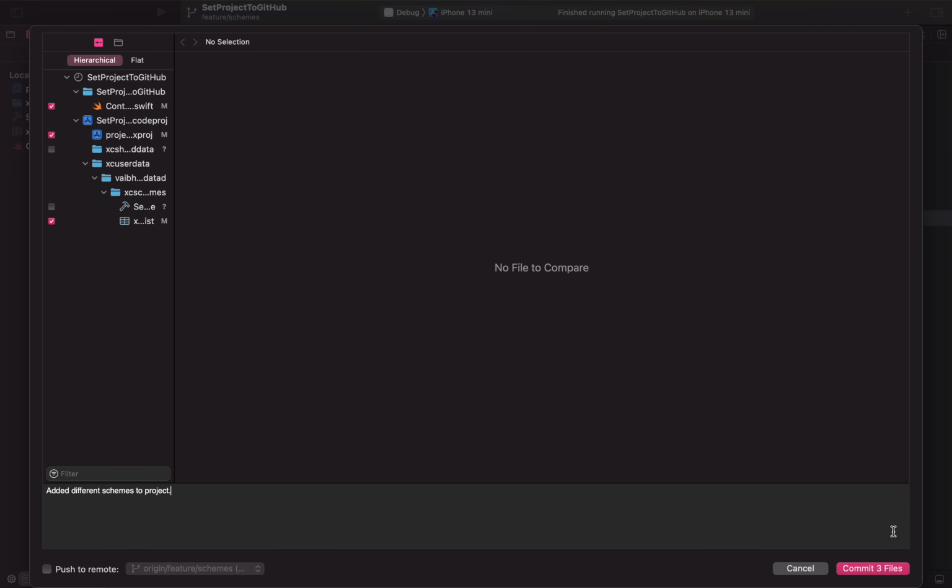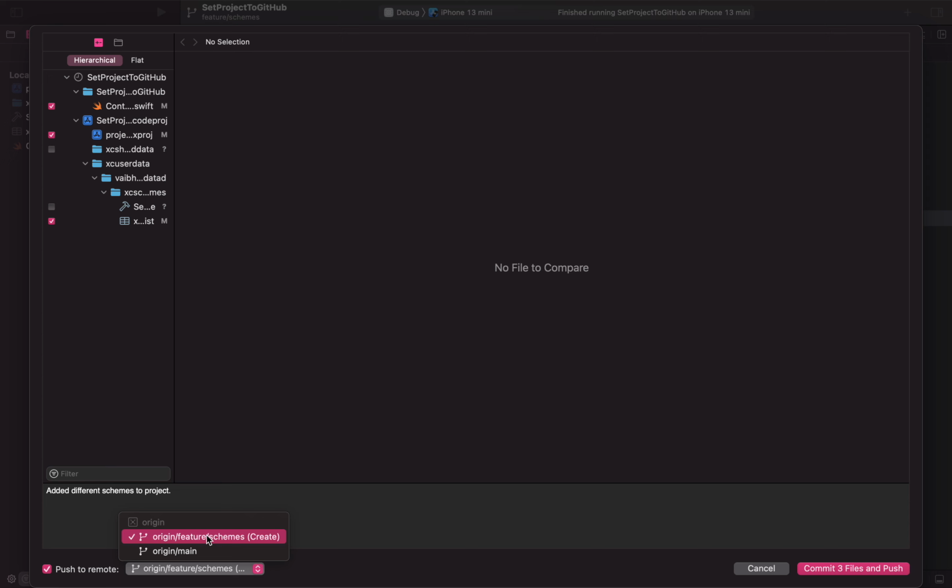and here in Xcode you have the option to push to remote. You can see that in the remote we only have the main branch, we do not have the feature slash schemes branch. So in the bracket it is asking whether we should create that branch and push your code changes to that branch.